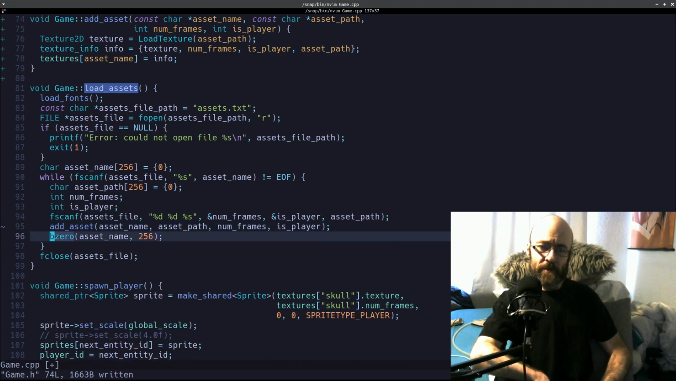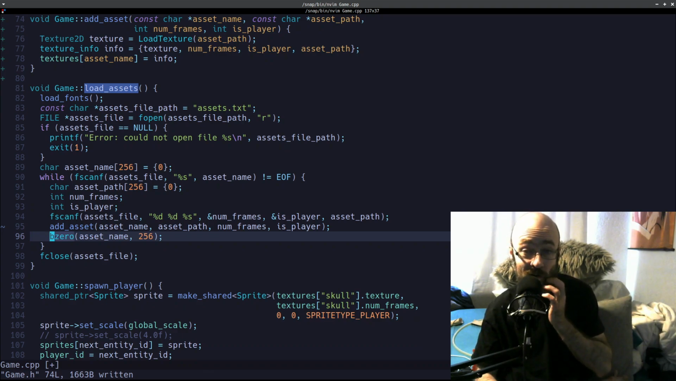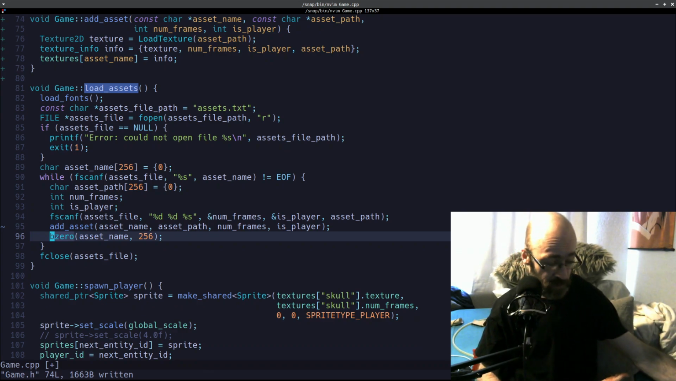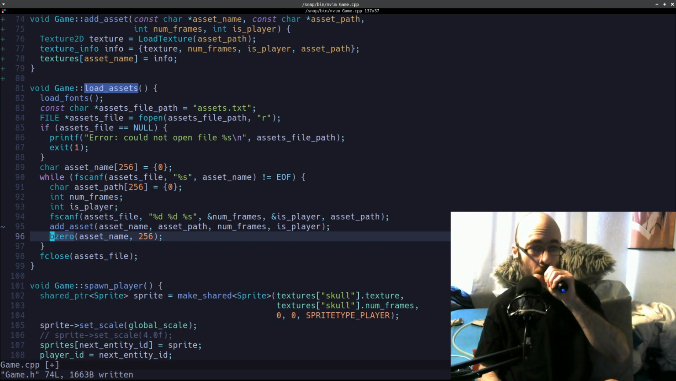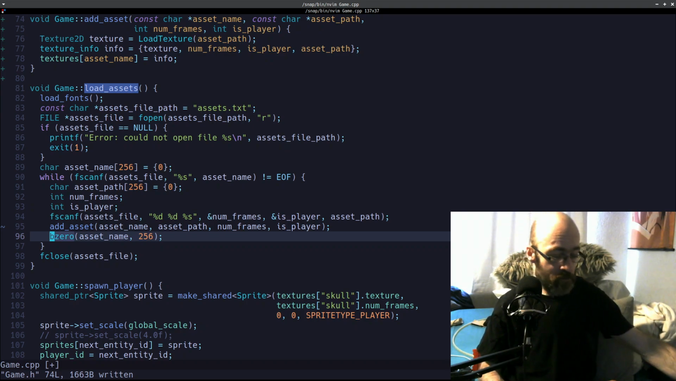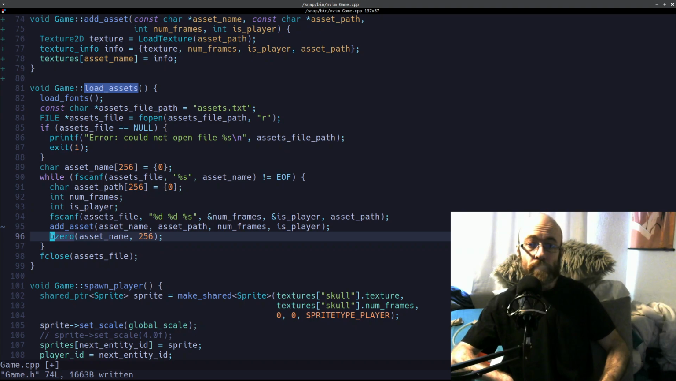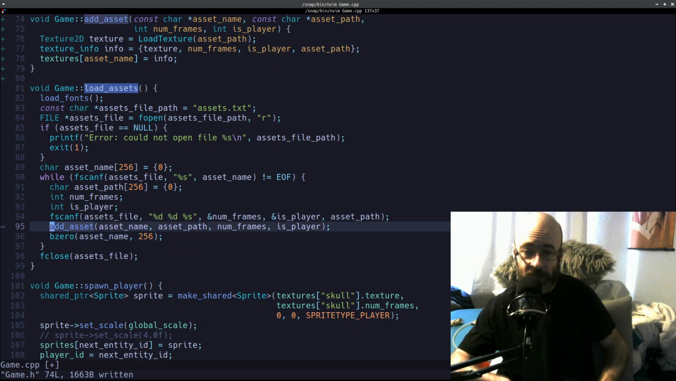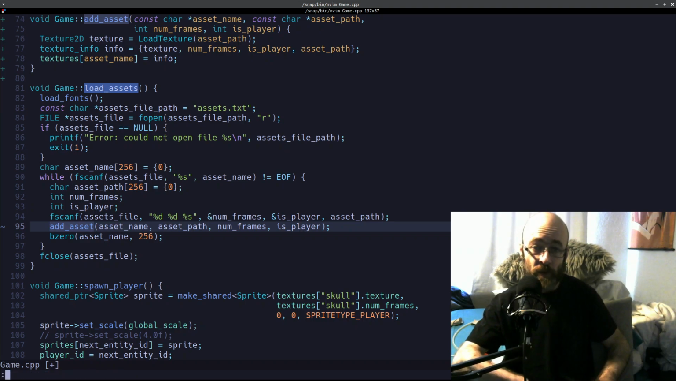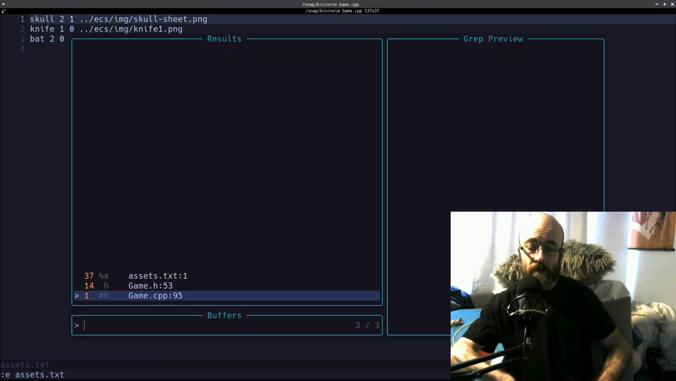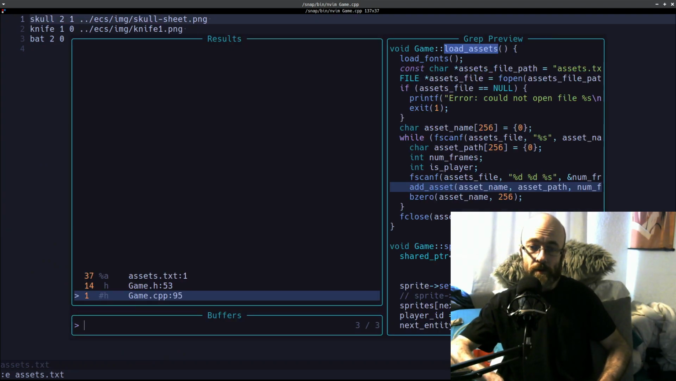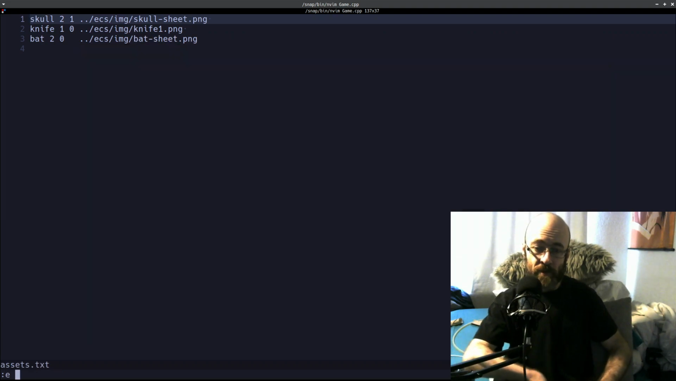So as an example, if we were to retain load assets, as if we're not going to be getting rid of it, that's how I would use add asset here. However, we are going to be getting rid of it. And instead, as an example,